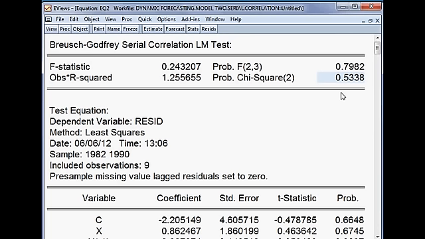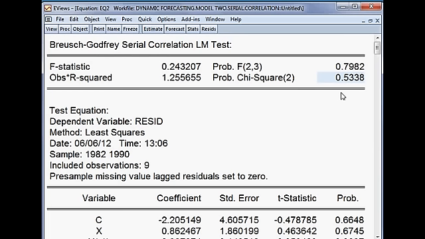And what is our null hypothesis? The null hypothesis is there is no serial correlation, so we cannot reject it. So this model is free from serial correlation, and we assume that